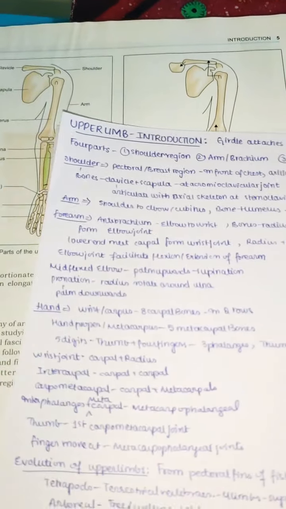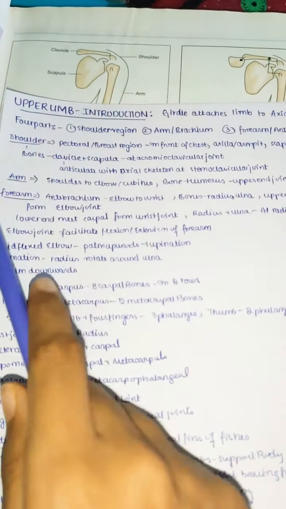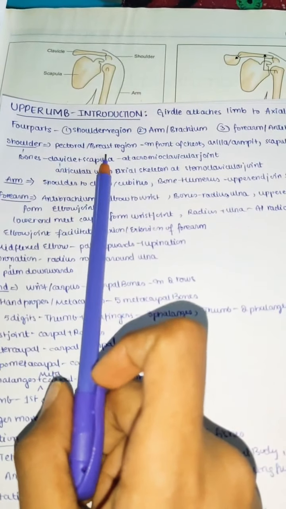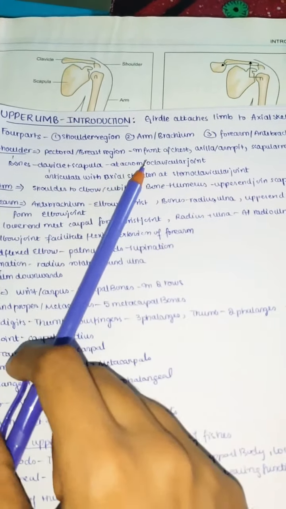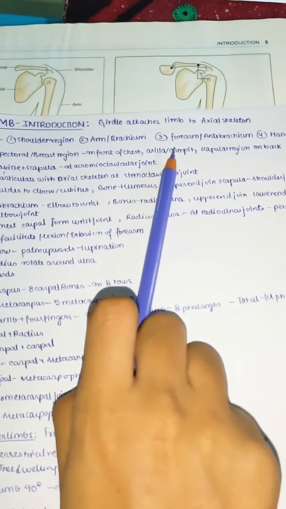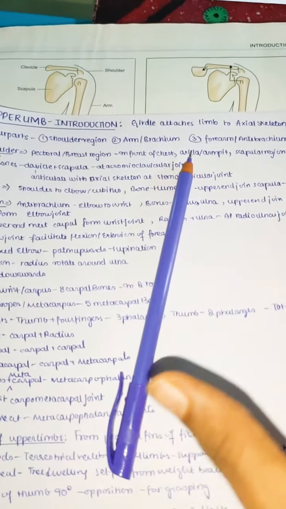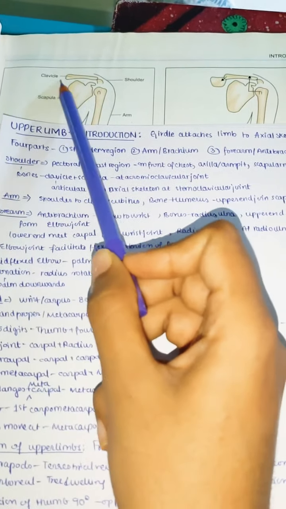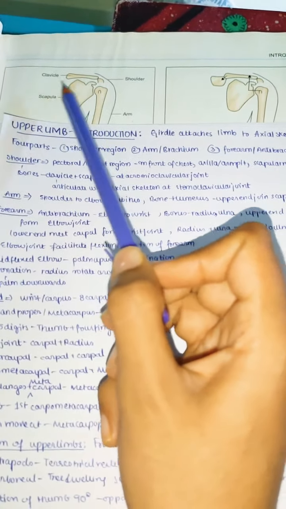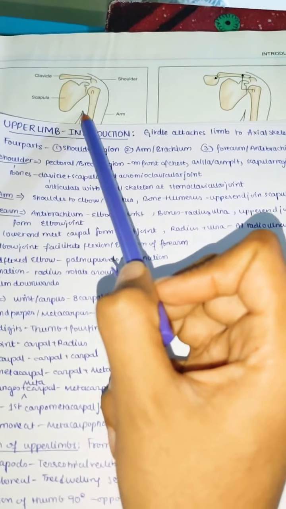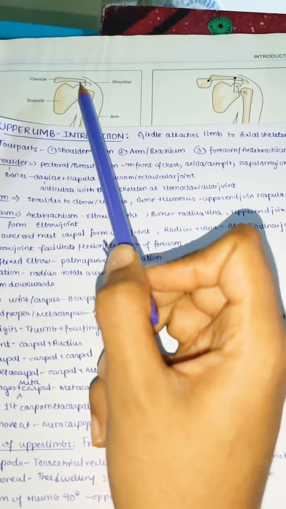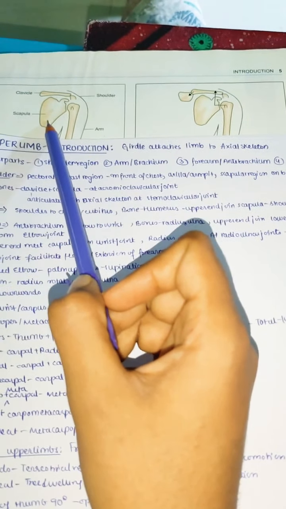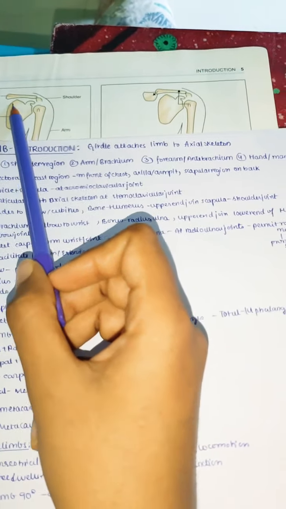Now we will see what the shoulder is made up of. So shoulder is mainly also called pectoral or breast region. It's in front of the chest, and also it's having the part covering the axilla or armpit. So for example, you can see here, this is a pectoral, also called as breast region. It's in front of the chest, and this region is called axilla or armpit. And this is the scapula. You can see scapula is actually on the posterior side of the chest region, right? So it's a scapular region on the back.